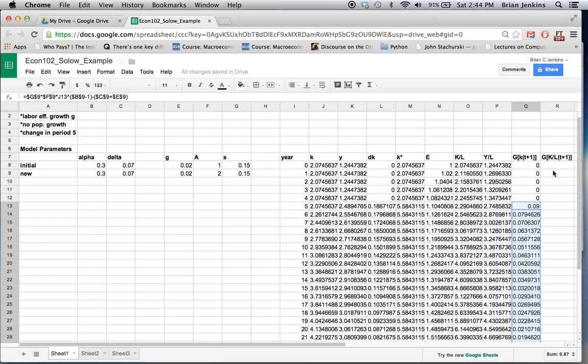Now, the growth rate of capital per worker, we should remember this, is just equal to the growth in labor efficiency plus the growth in capital per effective worker. So this is equal to the growth of capital per effective worker plus the growth of labor efficiency, which is equal to 2%. I'm going to lock the growth of labor efficiency